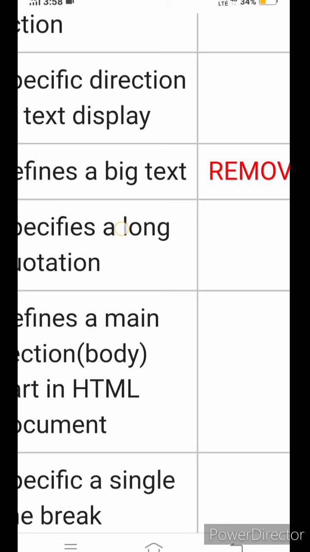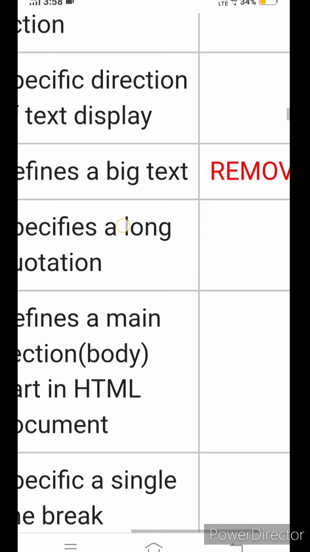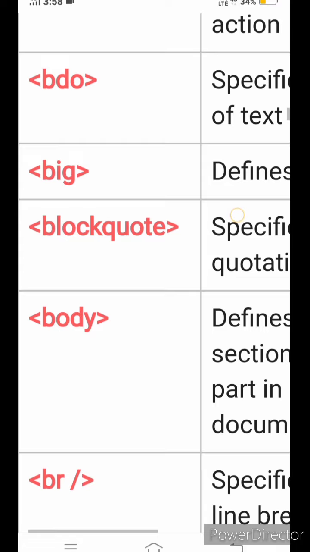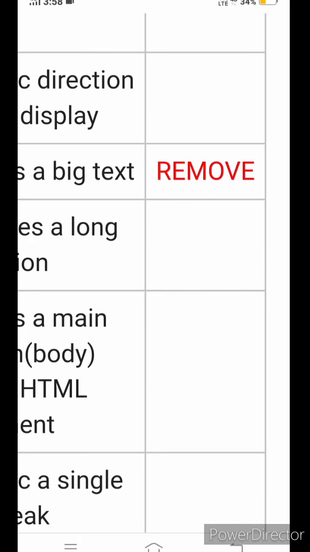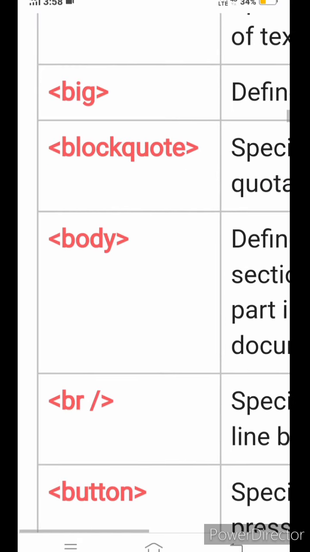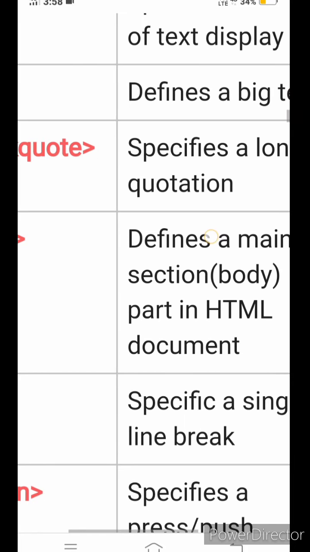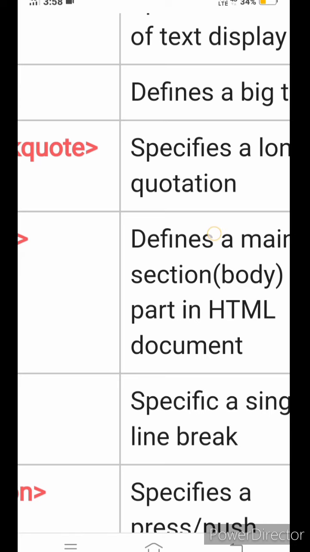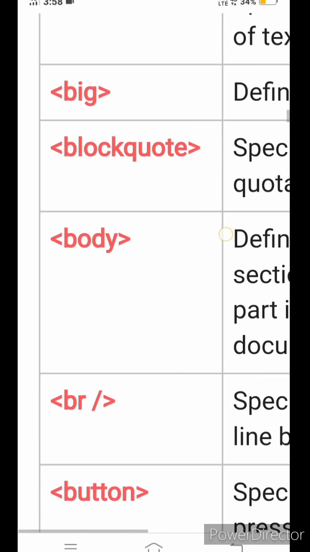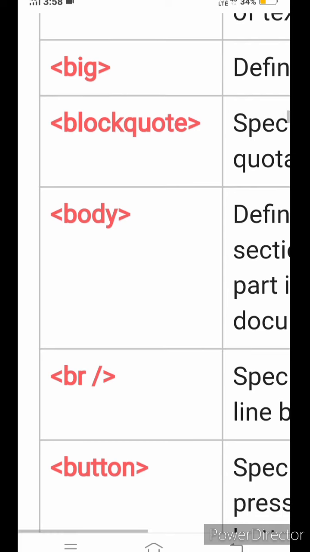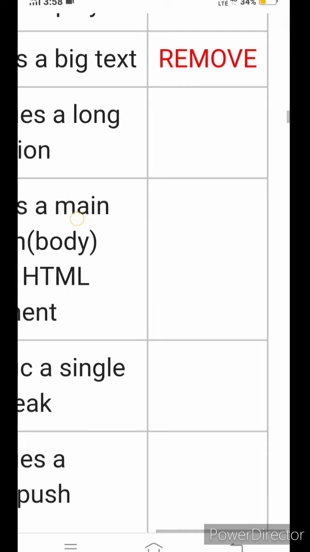If you want to write big text in your HTML document, you will write this tag in the old version only, because it was removed in HTML5 version. Blockquote specifies a long quotation. Some web pages are created to write quotations. They use this type of tag. If you want to write a quote, you will use the blockquote tag. This is also in old and new versions.